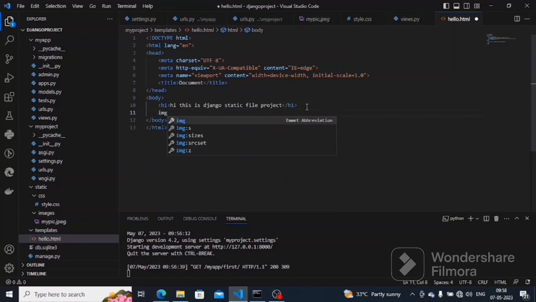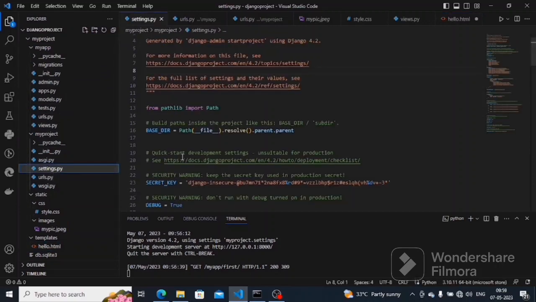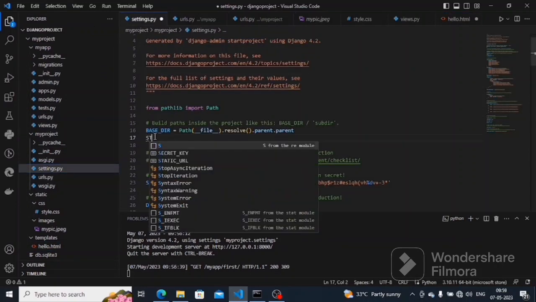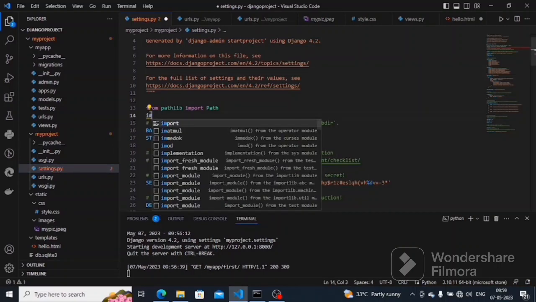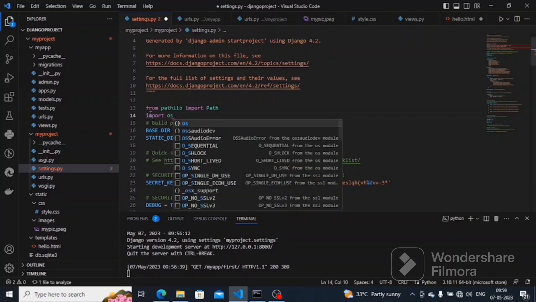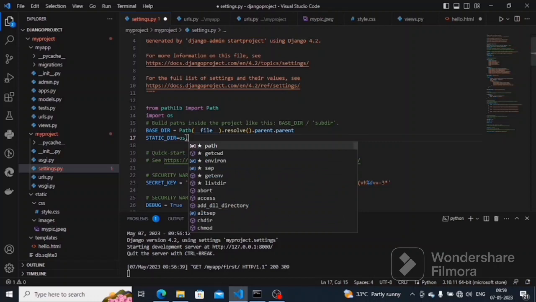Now in our HTML page I am going to load our image. For that we have a tag, img. Before that we have to add our static file in the settings.py file in STATIC_DIR. But first we have to import os, then STATIC_DIR